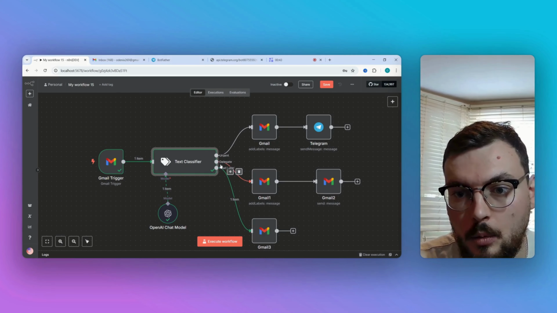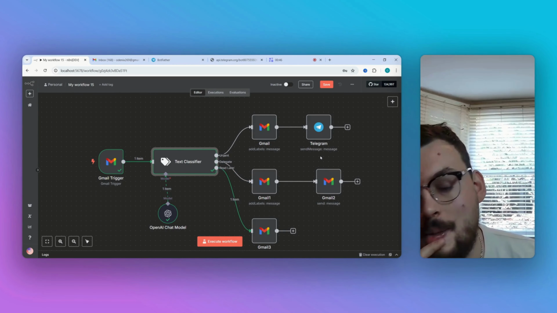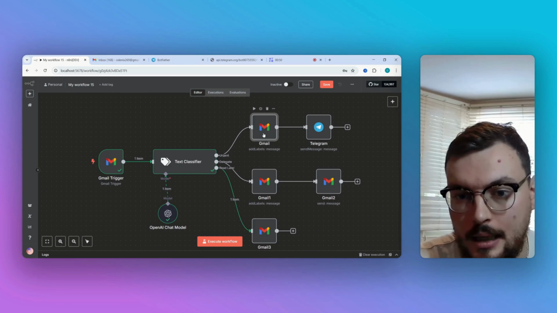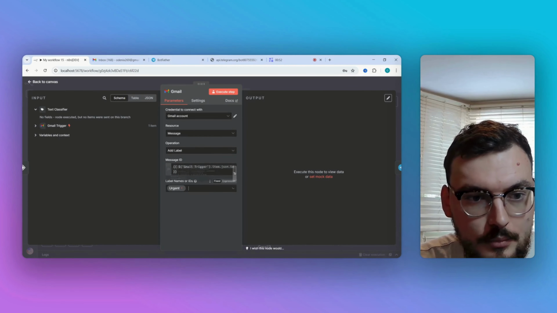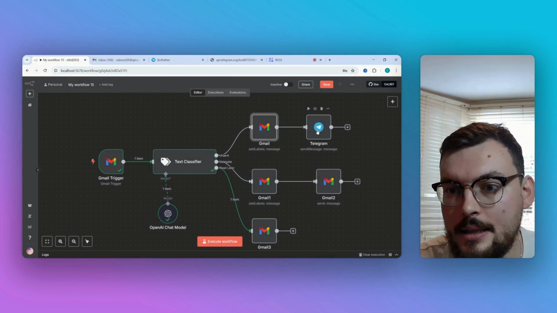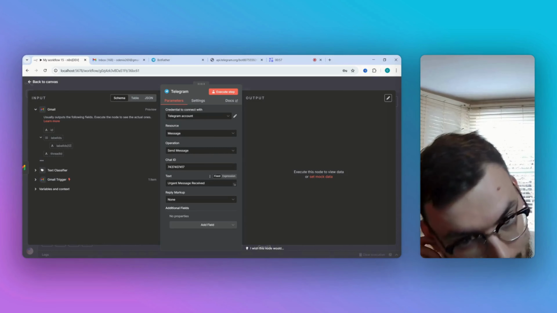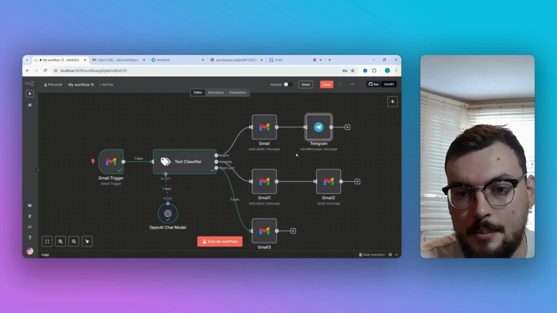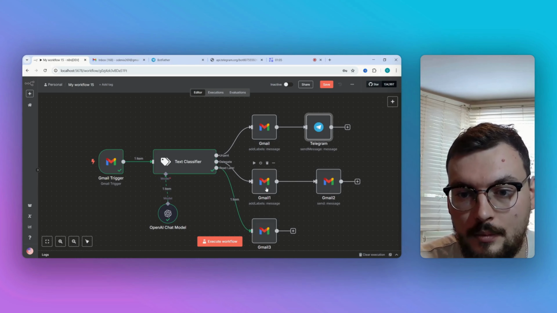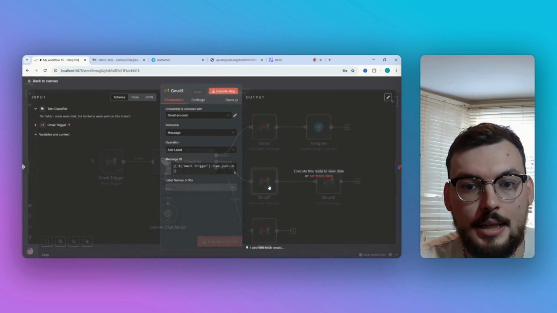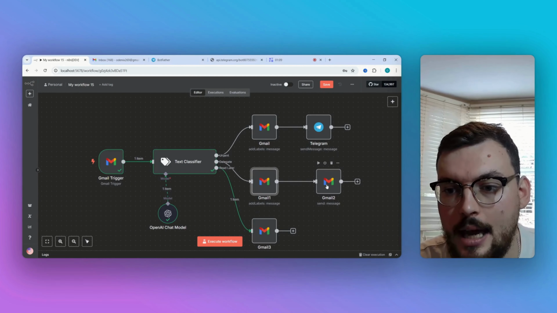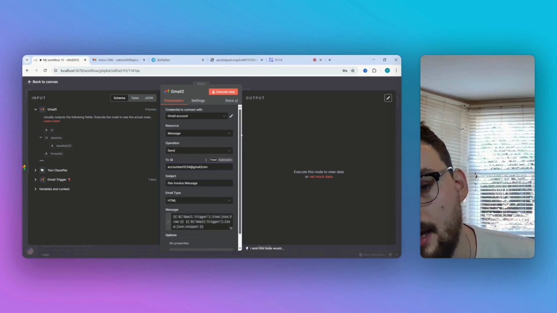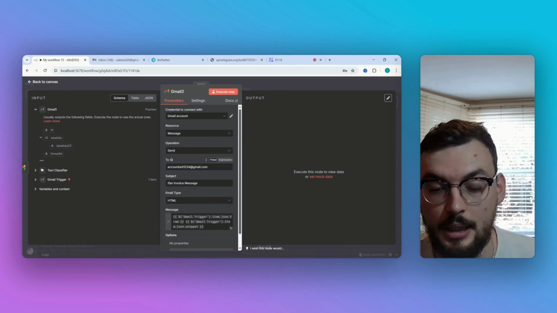Then we're doing 3 different things based on what category the text classifier has categorized them. So the first one labels it as an urgent email, and then sends us a notification on Telegram that just says you've received an urgent message. Next up, delegate. So it labeled it as an email to be delegated, and then this forwards it to an email address of our choice. So for instance, if it's relating to finance and you have a bookkeeper and accountant or something,